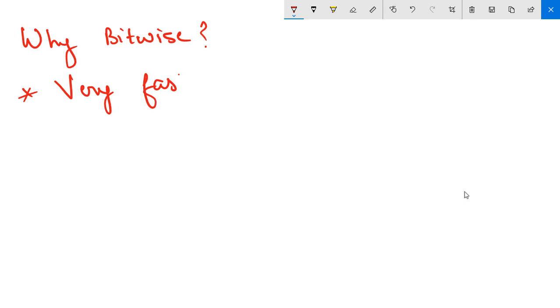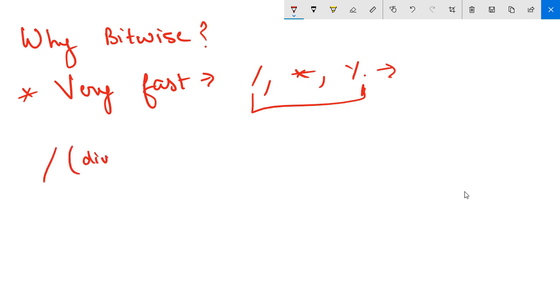Now the next thing we are going to be looking at is a question which comes to the mind of many people. So this is: why bitwise? We can do these things without bitwise as well, so why are we using the bitwise operators? The number one and the most important reason for this is it is very fast, as compared to our simple divide or multiplication or the modulo operators. It is very fast because the division operator and the multiplication operator